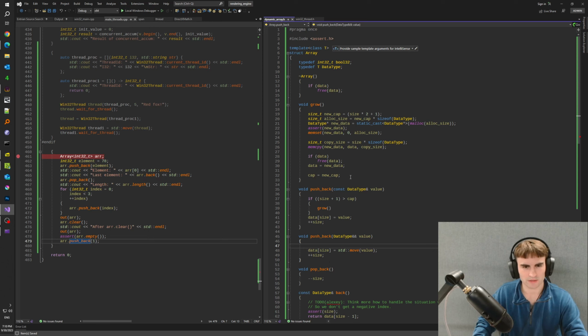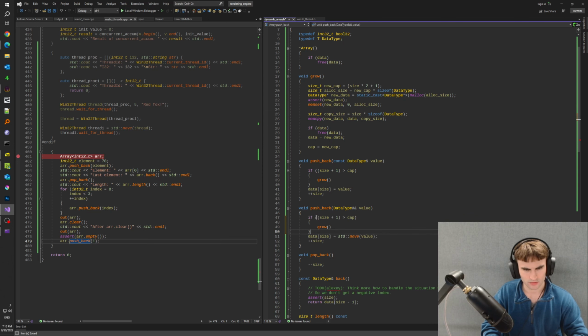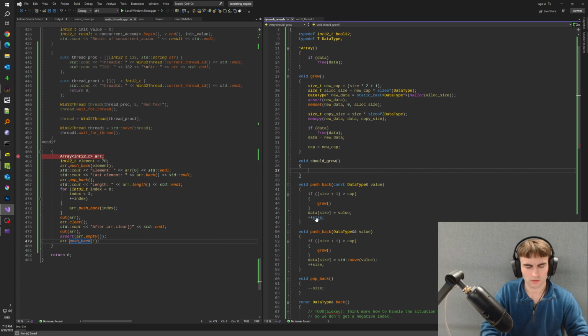Because here we only change the capacity, right? And yeah, nothing else. So we would have to do the same kind of an if statement. And we can even create like a helper function should grow. And what that would do,